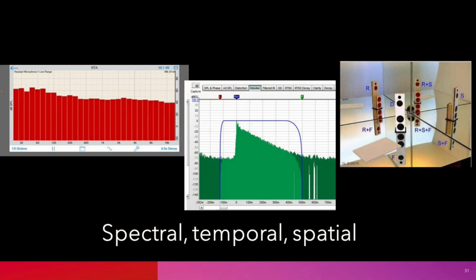So we talk about spectral, which is frequency response, temporal, which is reverberation time, and spatial, which is, can you see this drawing? Yes. Okay. What is spatial? Spatial is the directions from which sound images come. You remember Siegfried Linkwitz's drawing here? Mm-hmm. It shows the reflections as a mirror image on the other side.